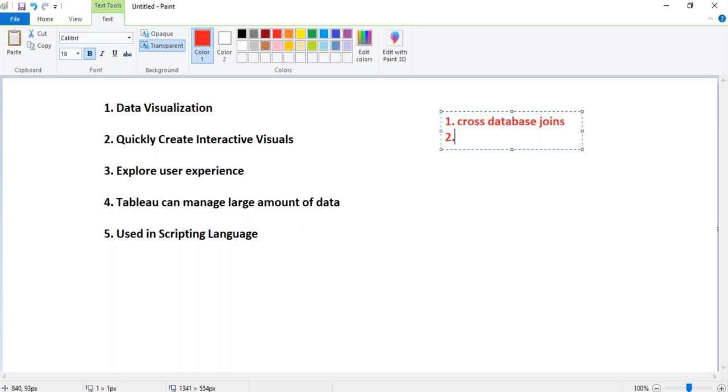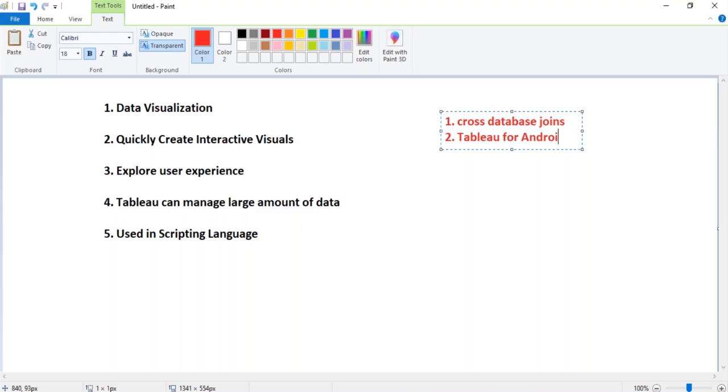So we have the flexibility to connect with a database and Excel, whatever, and you can use joins, database joins, to integrate the data and generate beautiful insights. So we have an option for cross database joins. In addition, you could also create a Tableau extract of this data source for publishing it. So we can extract the data from the database and we can publish it. We have that flexibility for cross database joins.